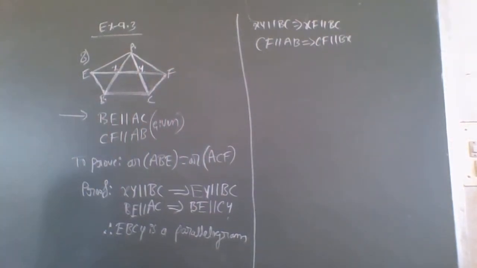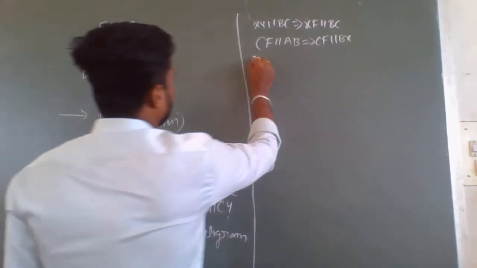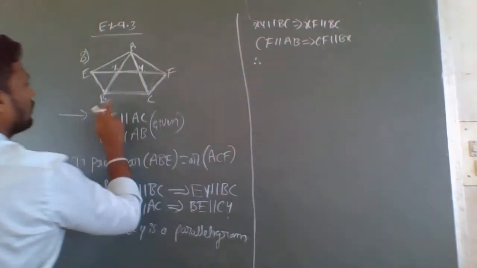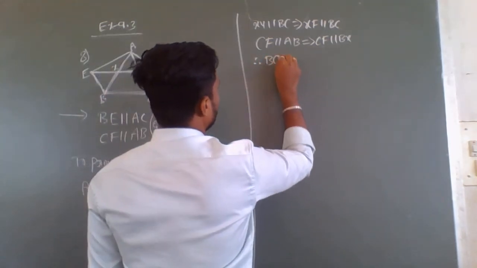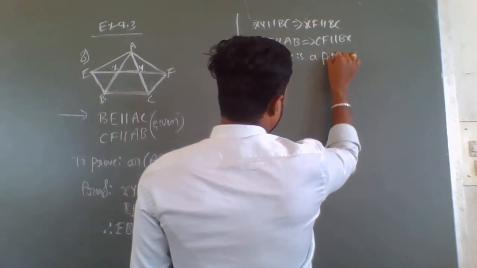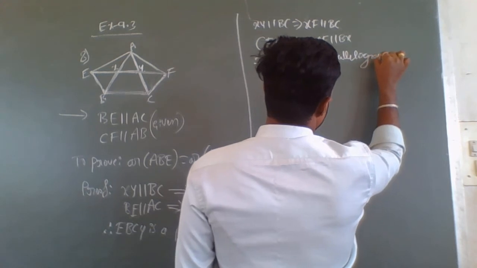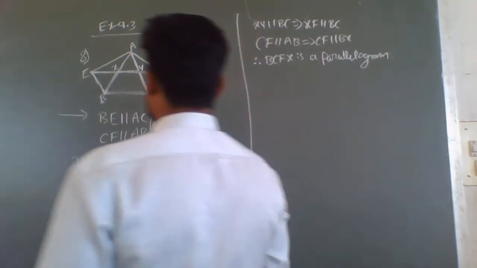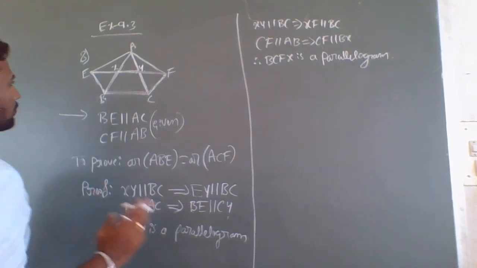Now what we got to know here, opposite sides are parallel to each other. Therefore, what you can write here, therefore BCFX is a parallelogram. Okay. So now these two are parallelograms,